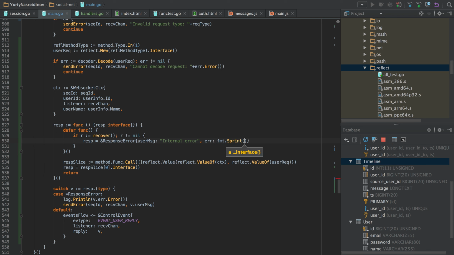And given that the recover value is just an empty interface, we convert it to string by using fmt.Sprint. It's a very generic way to convert any value to a string, but you can do it in another way if you want. But we need to return the error value but not the string, and the compiler should say about this in a moment.